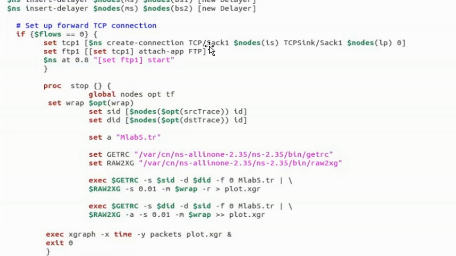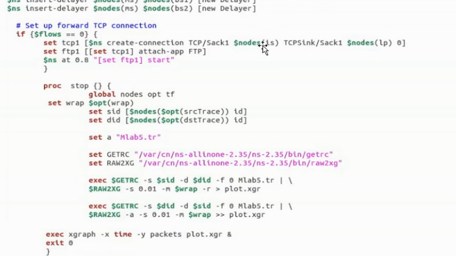Actually, I am creating the TCP connection. So TCP is the class SAC1. SAC1 is nothing but selective acknowledgement. So I'm using the TCP of type selective acknowledgement. I'm creating TCP1, and as usual I'm attaching it with the FTP. FTP is the type of traffic I'm using, file transfer protocol, right? So I'm creating one TCP and attaching it to LP as well as IS.